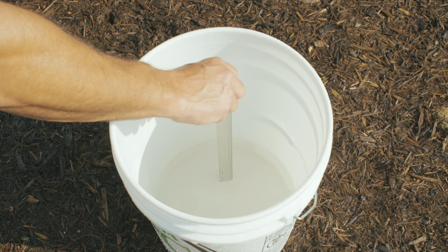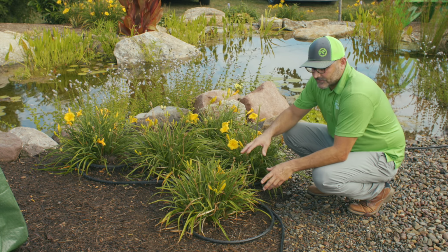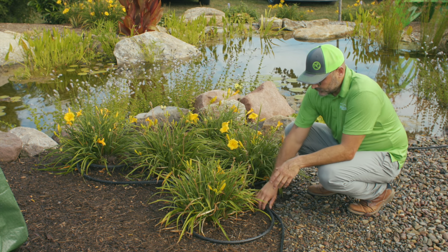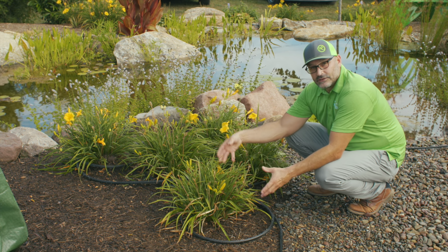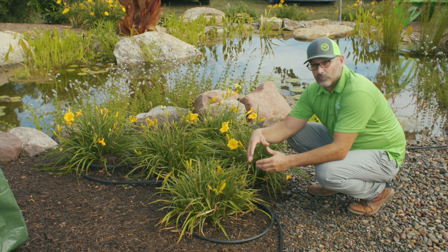A soaker hose is a hose that's very porous and allows water to come out at a slow speed, which will allow your plants to get a significant amount of water equally during the duration that the hose is running. This is just set up for demonstration purposes, but ideally you want your soaker hose underneath the mulch. That way the water's getting to the roots of the plants much faster and all the mulch isn't absorbing the